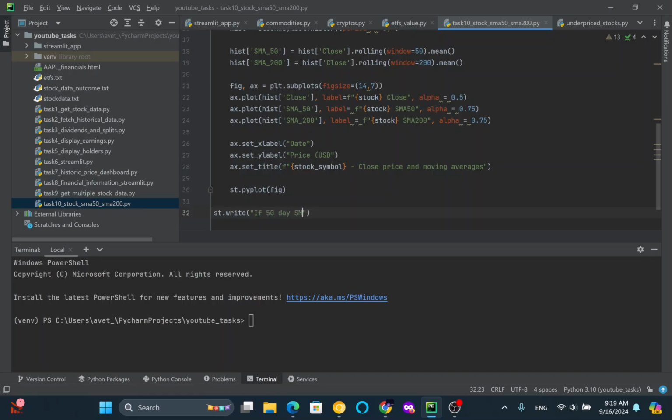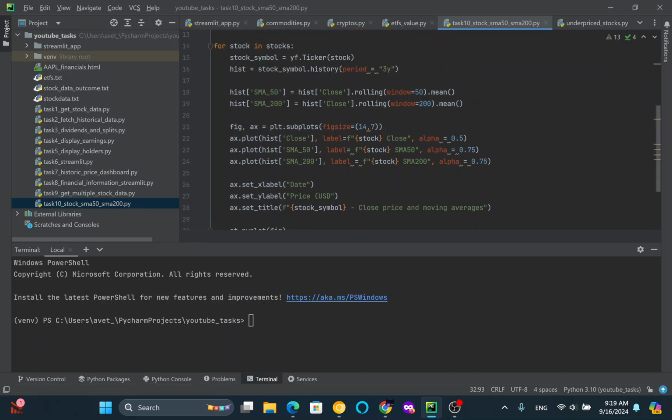If the 50-day SMA is above the 200-day SMA, where, okay, let's